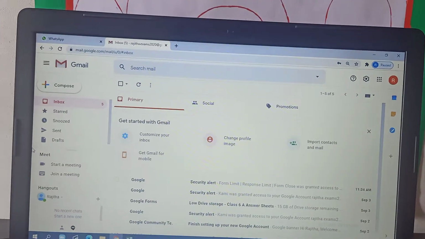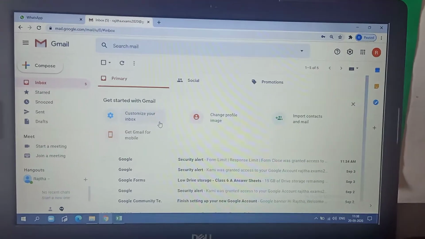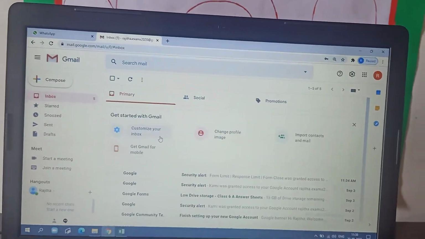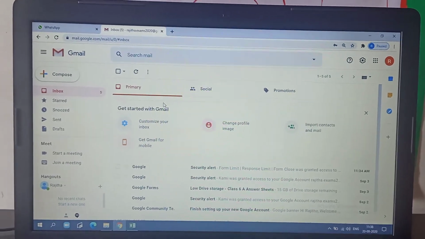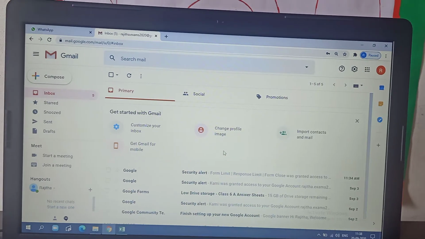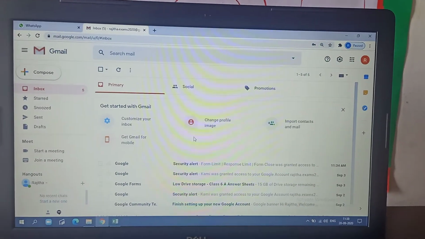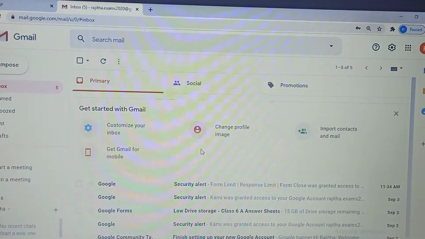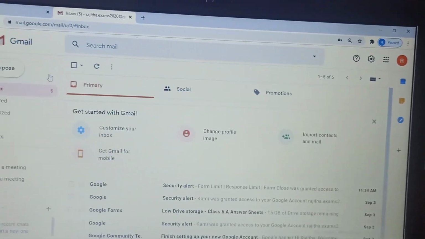Today I'm going to show you how we are going to take the response sheet, that is the spreadsheet, which I give to you every time, and how to fix the form limit, right? Form limit, that is time, how you are going to set the time. Though many of you know this, I felt I should give a video so that you can understand it properly. Fine. This is my mail ID through which I am going to make the Google form.